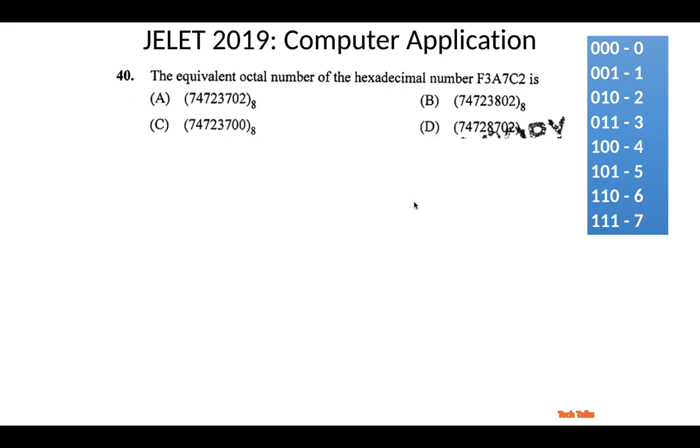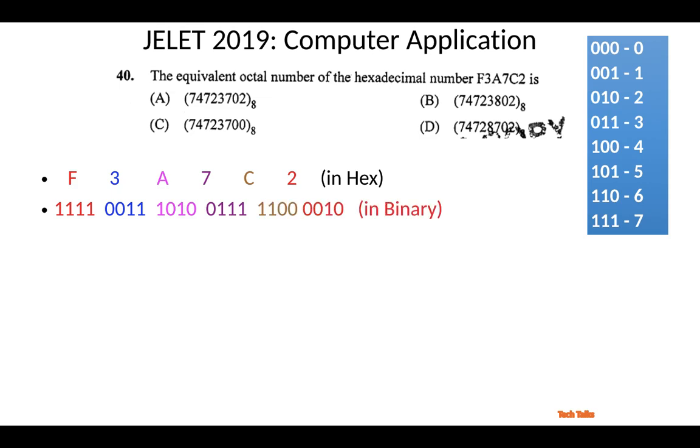So how we can go about this is, first write the hexadecimal number, then convert it to binary. It is very easy. F is 1 1 1 1, that is 15, 2 is 0 0 1 0, 2. 1 is 0 0 0 1. This way we have written it for all of them. 3 is 0 0 1 1, A is basically 10. So 0 to 9, A is 10, B is 11, C is 12, D is 13, E is 14, and F is 15. So 15 is 1 1 1 1. So we write in binary.